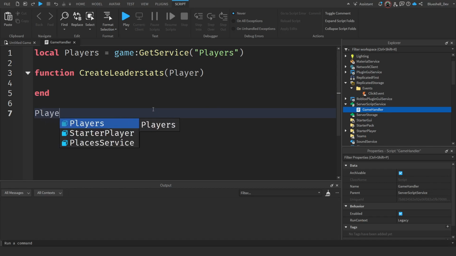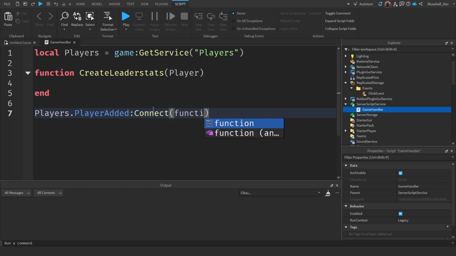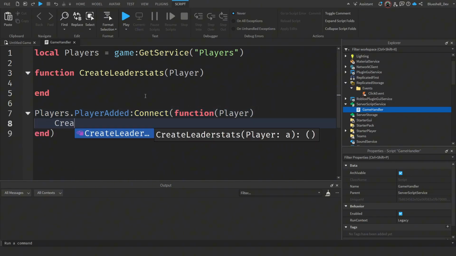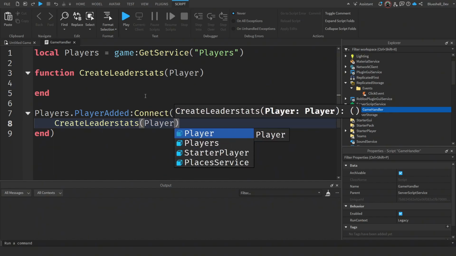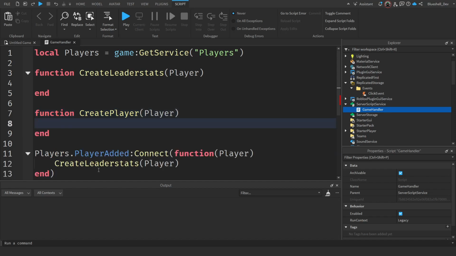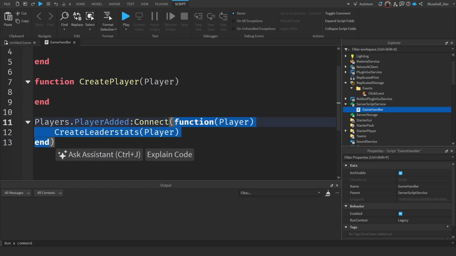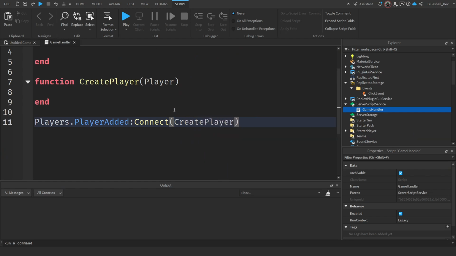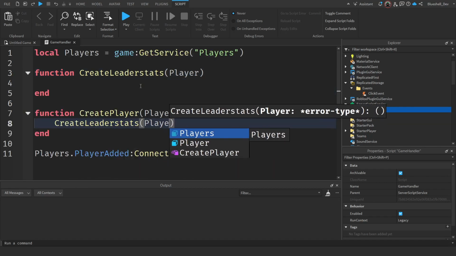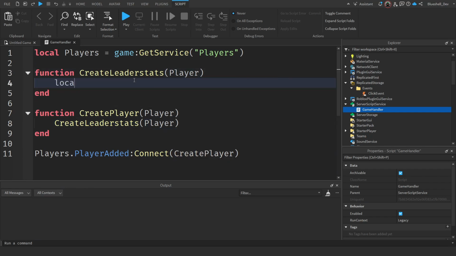And now whenever the player is added, what you might see is a lot of people just putting the create Leaderstats system right here, which what I can do is I can just call this function create player. And I can just connect the create player function through here, and it'll still fire right here. So now in here I'll just do the create Leaderstats for the player system, and right here we'll